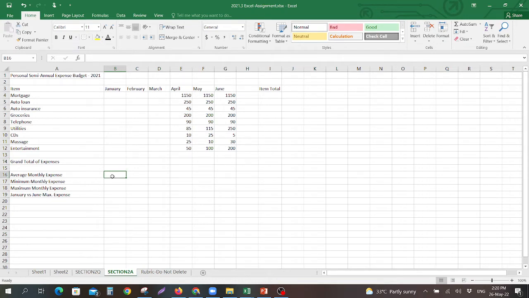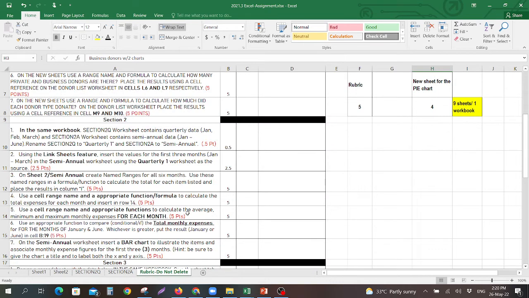You will come up with the average monthly expense for each month using the same cell range name and formula, minimum expense for each month, and a maximum expense for each month. Then you will determine using an if formula which month has the higher expense, January versus June. Okay, and that here